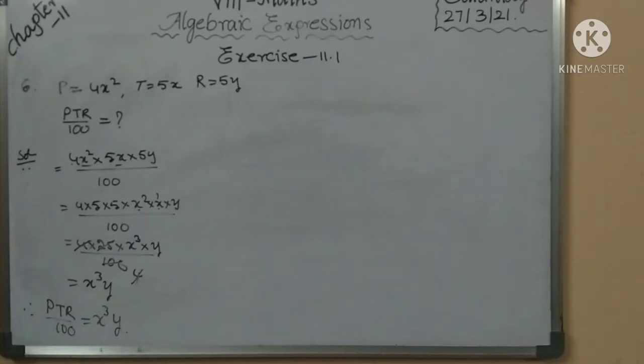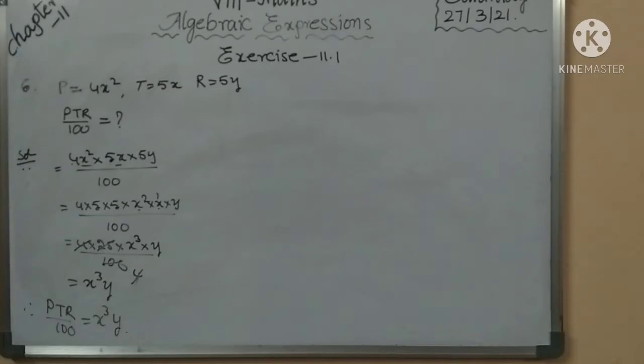Look at the textbook, children, exercise 11.1, seventh problem. Write some monomials of your own and find their products. So write 2 or 3 monomials and their product. Understand, children? Write your own; no need to copy from the textbook. Just write monomials, single terms, for example 3x, 4y, like that. Write the monomials and the product. You take your own terms.